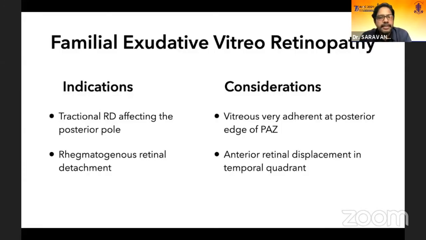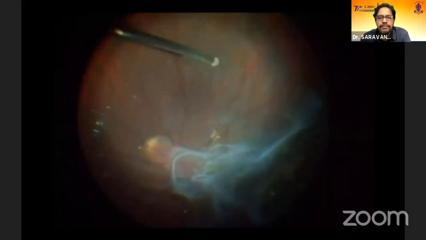As regards FEVR, 2 indications. One, it can be a TRD affecting the posterior pole, and second, it can be a REG-RD because of peripheral breaks. What mainly we have to keep in mind here is the strong adhesion of the vitreous at the edge of the peripheral avascular zone. And sometimes because of the contraction of the peripheral fibrotic elements, you may have an anterior retinal displacement or anterior retinal pull. Sometimes even the pars plana is totally obliterated. If you're not aware of this, when you're placing the infusion, it can go subretinally,